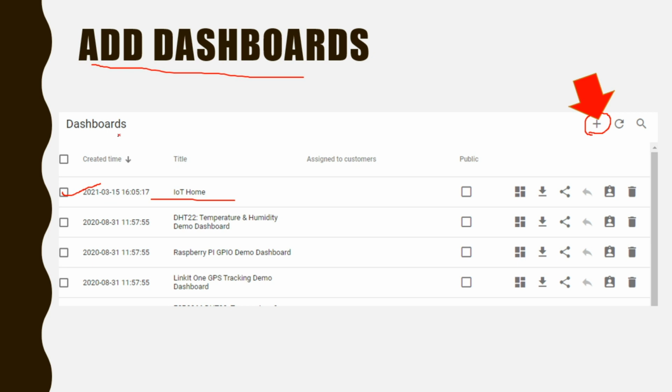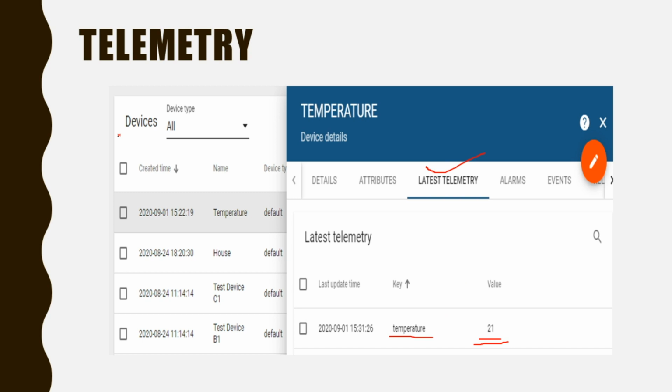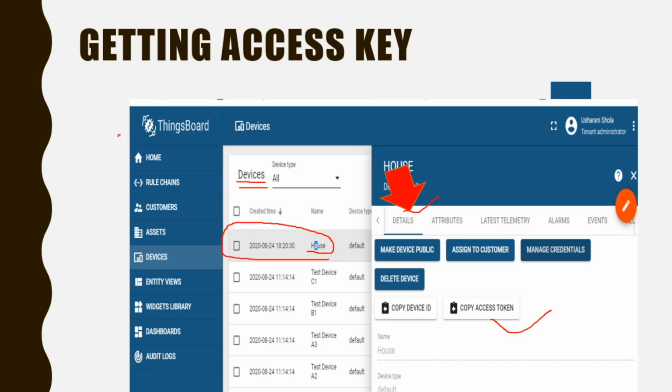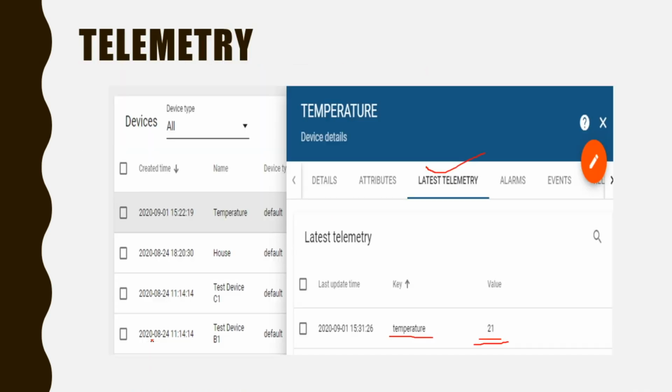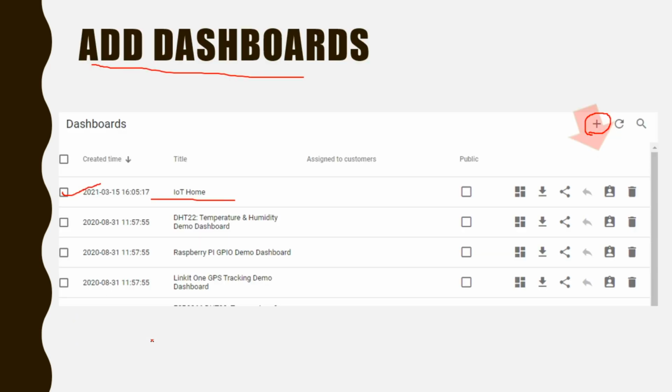So you have to go to the dashboard. I'll just show you where the dashboard will be in the panel. In the panel you can see these dashboards. So we can click this dashboard and we can add your widgets to it. So you just click your dashboard, then click plus in order to add the dashboard widgets into it.